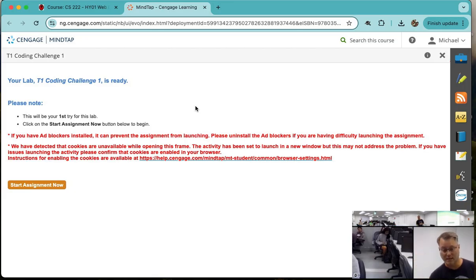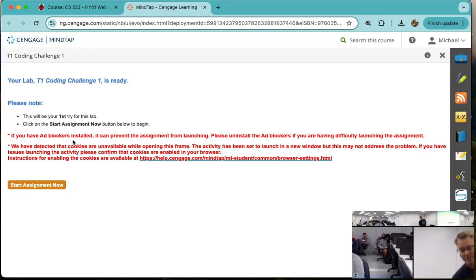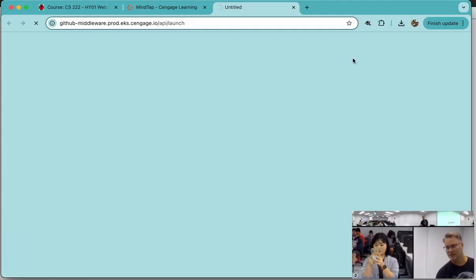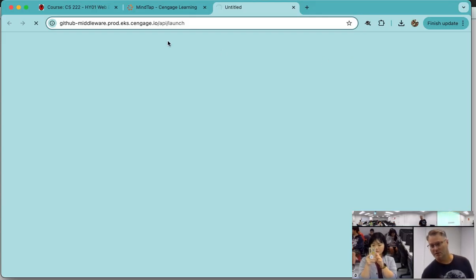You click on this link and it's going to say start assignment now. And there's a couple of things here that are pretty important. The ad blockers. If you have any ad blockers, you need to make sure that you allow Cengage. The other thing is that these sites often, when you click on them, are going to block pop-ups. So you need to tell it right over here in this area, hey, allow the pop-up, right? And so this is launching GitHub,